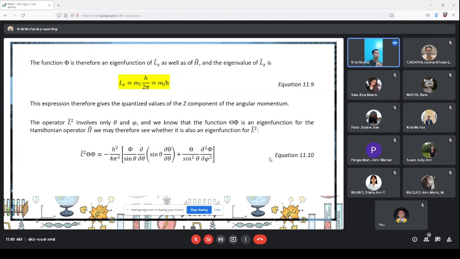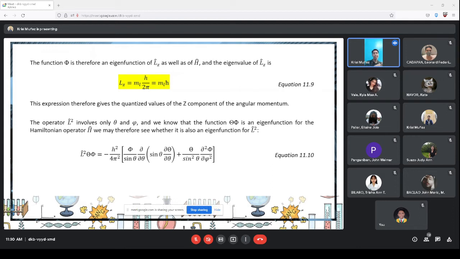The operator L hat squared involves only theta and phi, and we know that the function theta phi is an eigenfunction for the Hamiltonian operator as well. We know, class, for a fact that the Hamiltonian operator is an operator that could act upon the radial equation, the phi equation, and